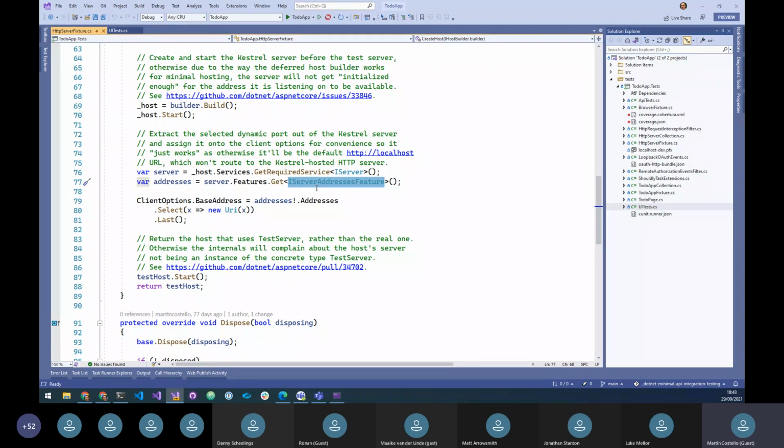So when you're doing F5 debugging, by default it'll be on HTTP port 5000 and HTTPS port 5001. Whereas in this case, it's going to be on localhost 127.0.0.1 something. And we don't really care what it is, because we're just going to go through the addresses and take the last one